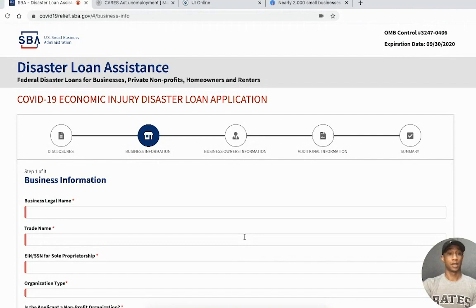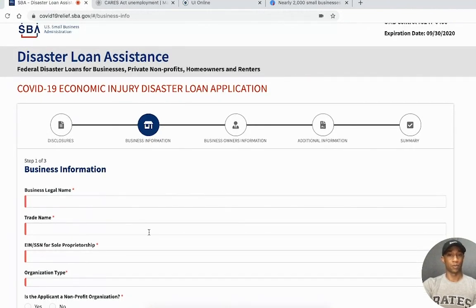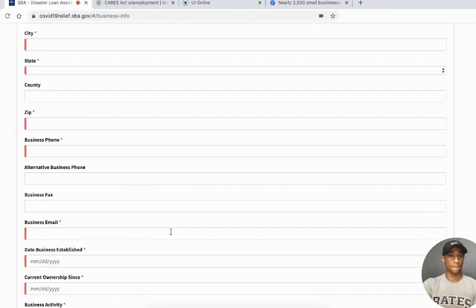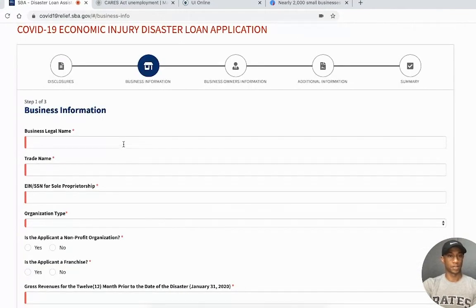We're going to continue. Now here we are on step one, which is probably the most important step. Business legal name. This would be your trademark name, your company name that you use. I'm technically in the process right now of going through that. I do have one name that I'm doing business, I have a DBA for, but I technically don't use that one. So I'm going to actually just put